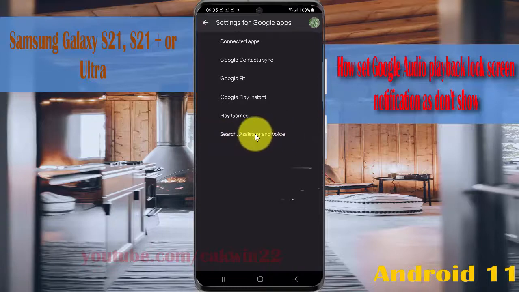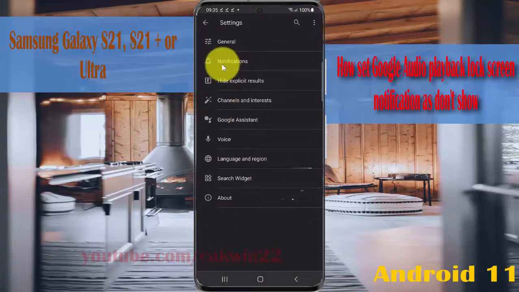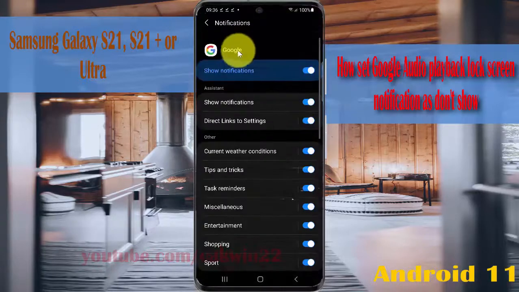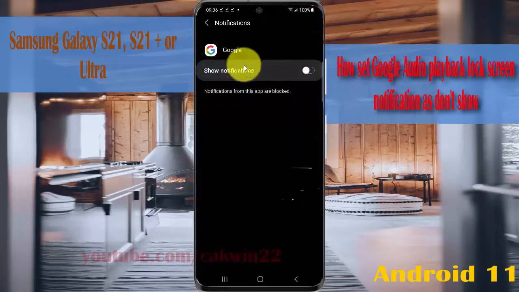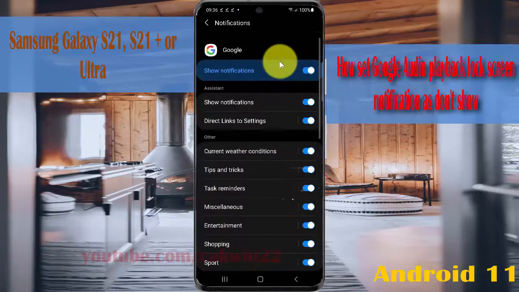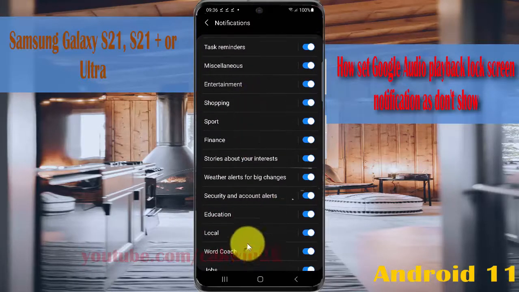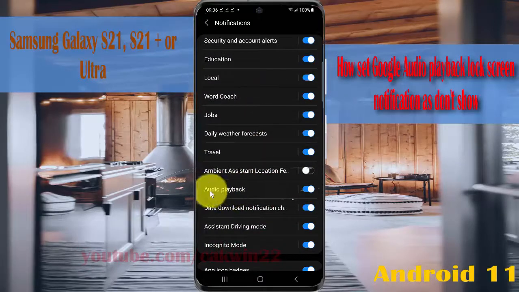and voice, tap notifications, and then tap notifications again, and then you must turn on Google notifications. If Google notifications is off, tap show notification switch until it turns on, and then scroll down screen, find audio playback, and then tap audio playback,